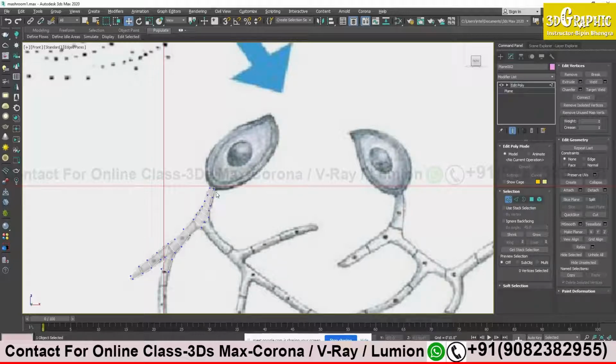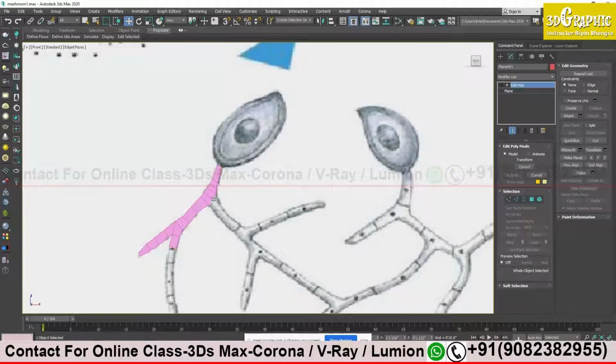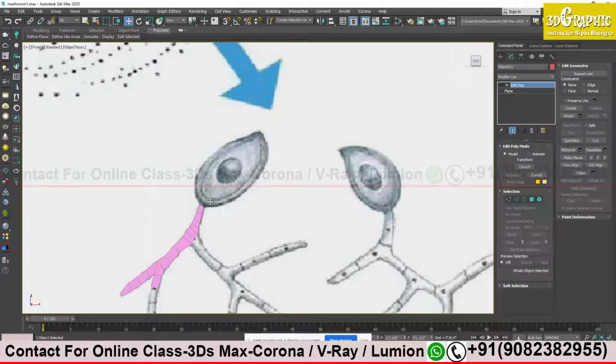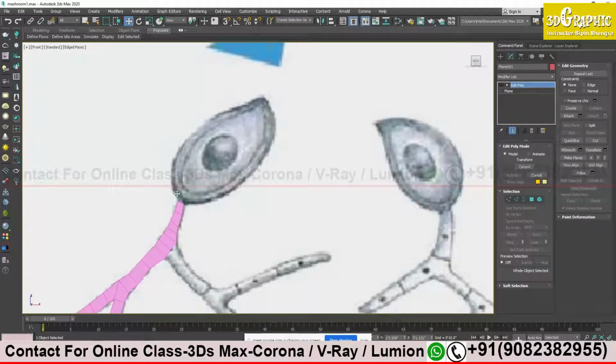So what I will do, I will come out of the edit mode over here. I click on this vertices. This shape is done. I will press Alt plus X to get back the solid shape. I will click outside. So this body portion is done as of now, and we are going to create this oval shape and the center portion. First we cover the bigger area, and then the small area, and we try to create it as a normal plant leaf.